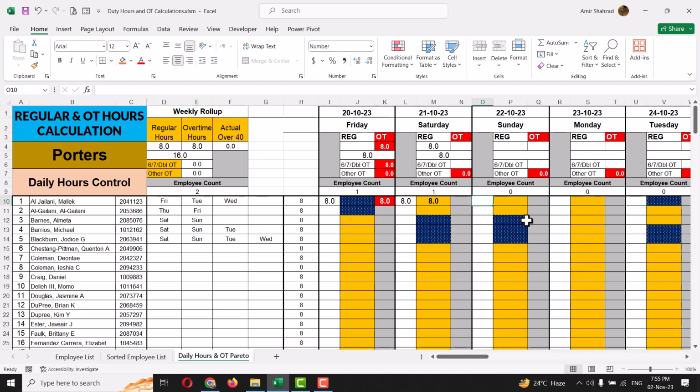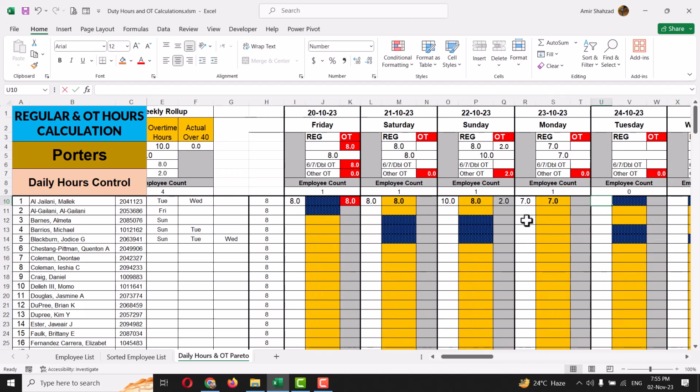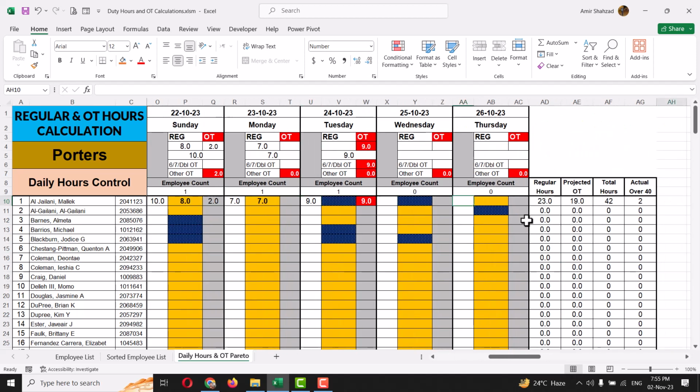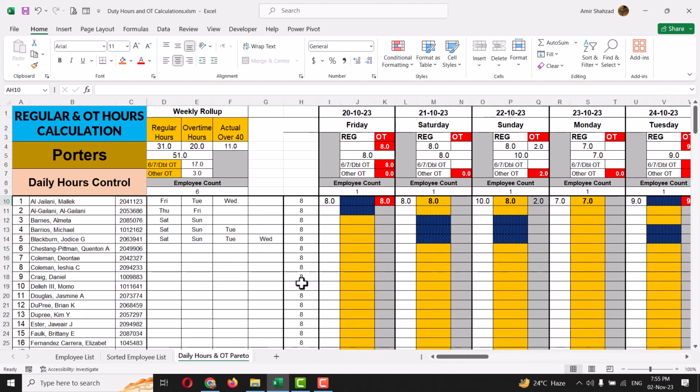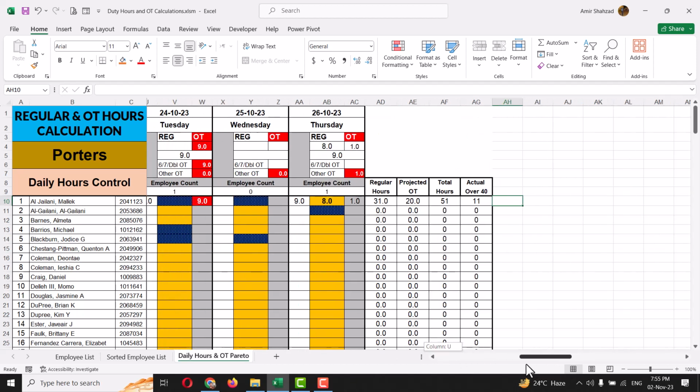And similarly, we keep on entering. We see how it works. If we work 9 hours on Thursday, 1 hour is included in the overtime, and 8 hours are included in the regular working hours. Similarly for each employee. And this is the summary for each employee on the most right-hand side, where we